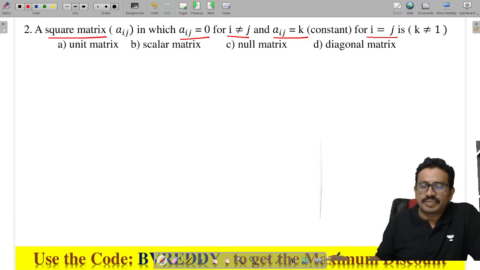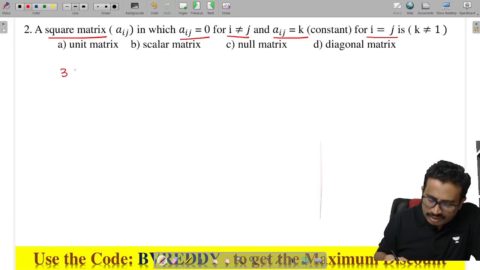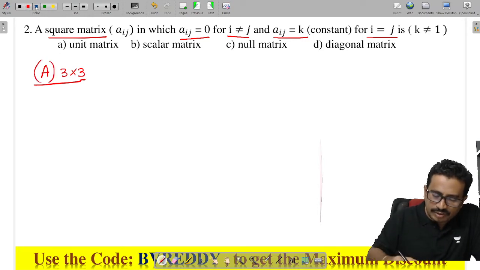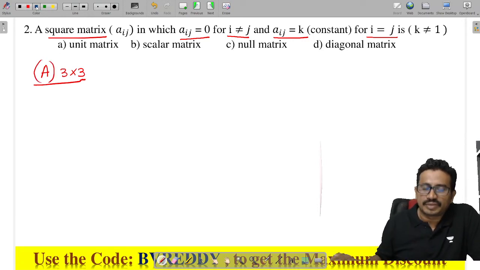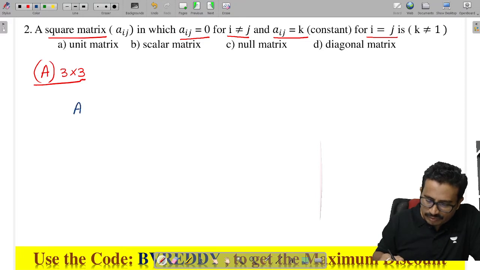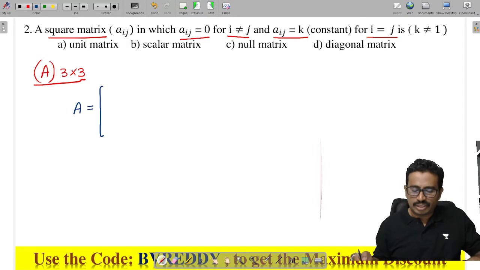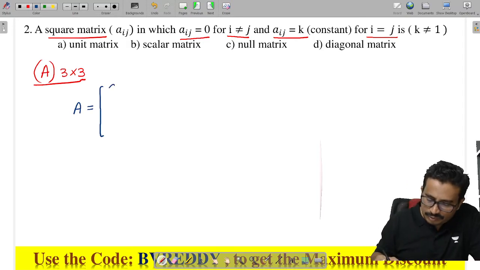Let us consider the matrix of order 3 cross 3, that is n equals 3. Now if you take this as matrix A, the elements we can take are A11,